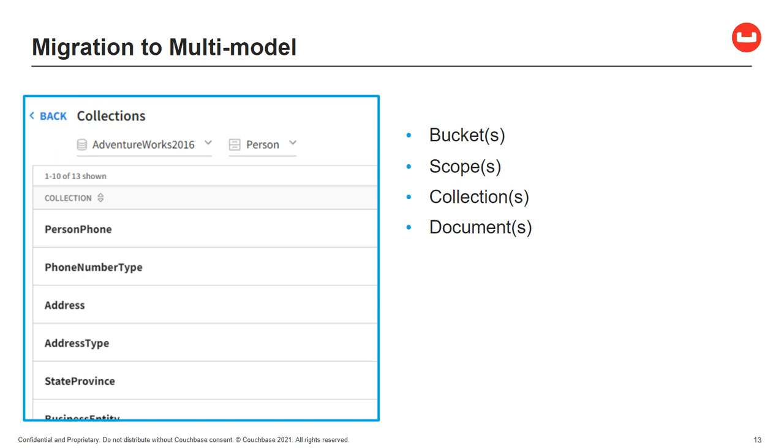So the bucket level, the database level, is what enables the clustering, the distributed nature of Couchbase that allows it to scale out more efficiently. And inside the collection and the documents, we're storing JSON data, and we're not storing any sort of predefined, database-enforced schema, which is what enables the flexibility of JSON data.